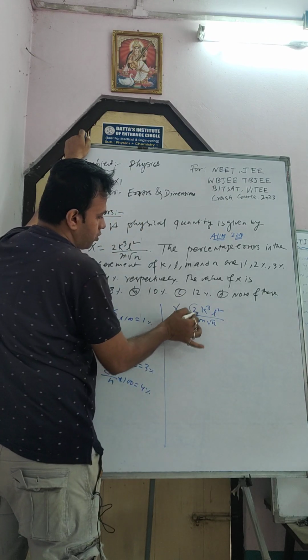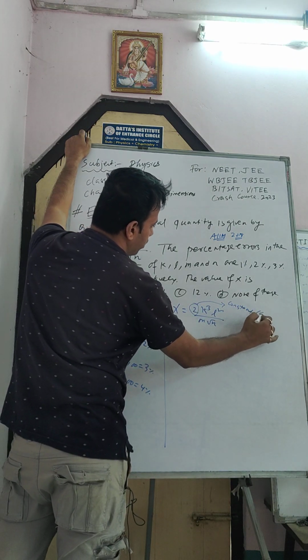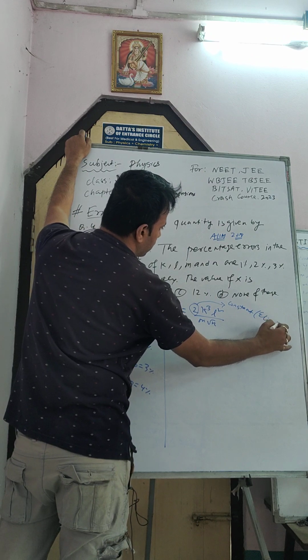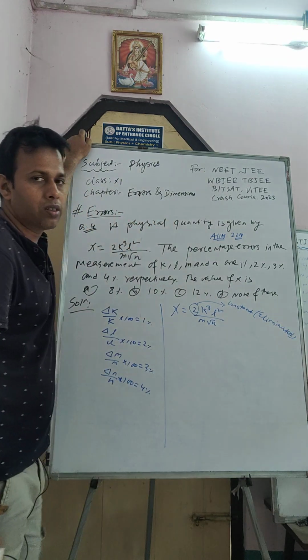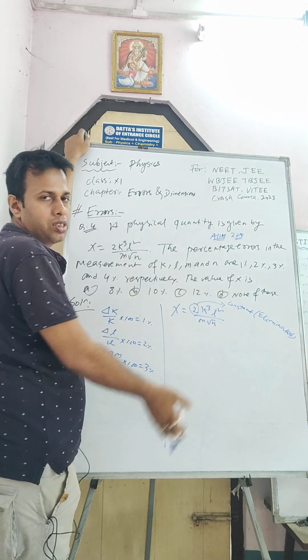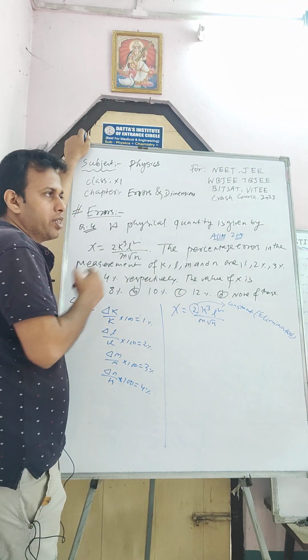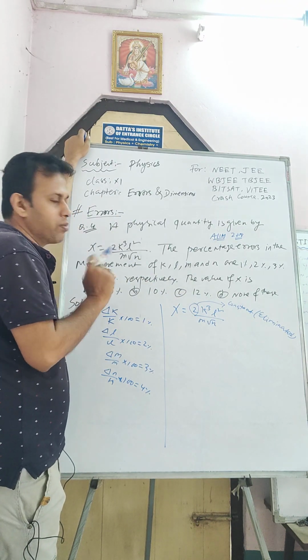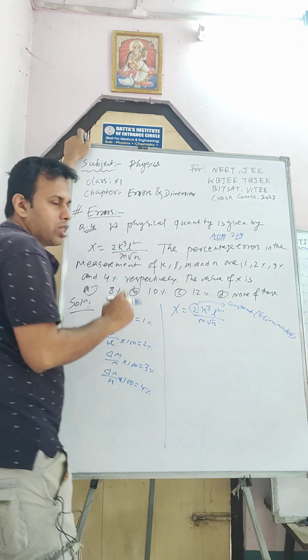Now look here, this 2 is a constant, isn't it? And a constant is always eliminated. Few students make a mistake here, they do not eliminate this part. They multiply by it, the result will be doubled and wrong also. Then they mark it and think they have done the right answer. So you have to remember this: the constant will be eliminated.